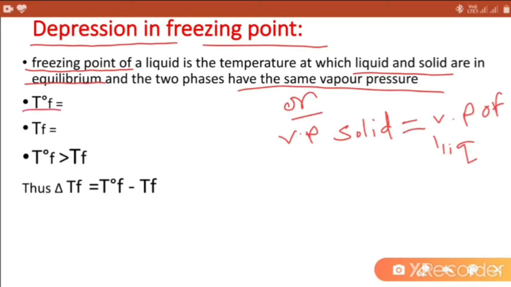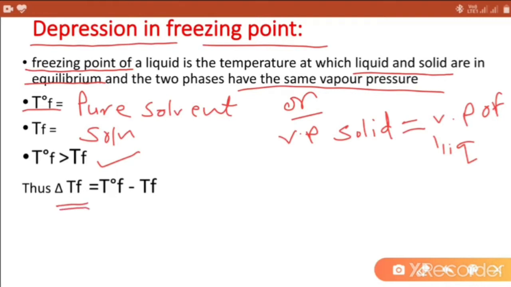If T0F is the freezing point of pure solvent and TF is the freezing point of solution, then freezing point of pure solvent is more than freezing point of solution, and the difference is calculated by using this equation. Delta TF is equal to T0F minus TF,